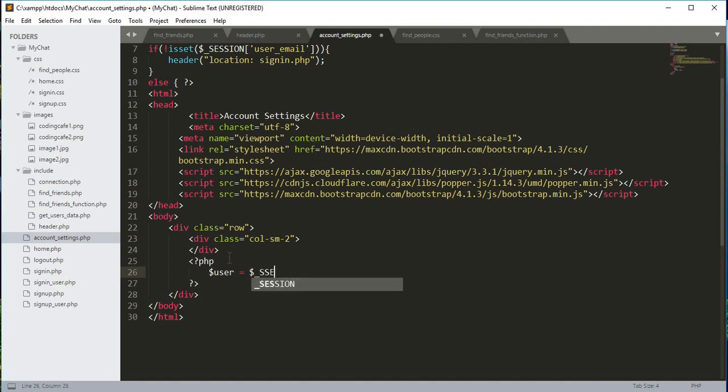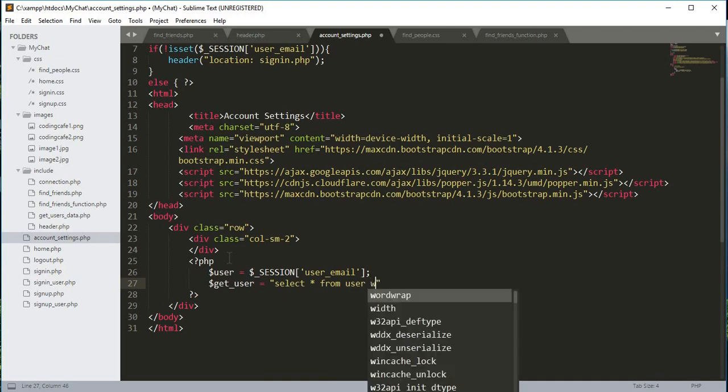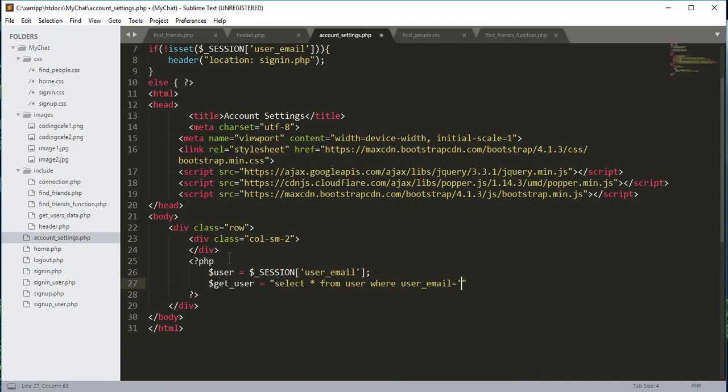So for that, we need to create a variable $user, and using the user email which was entered on the login form, we will get the user data from the database. So now we will write a query: select all from the users table where user_email is equal to